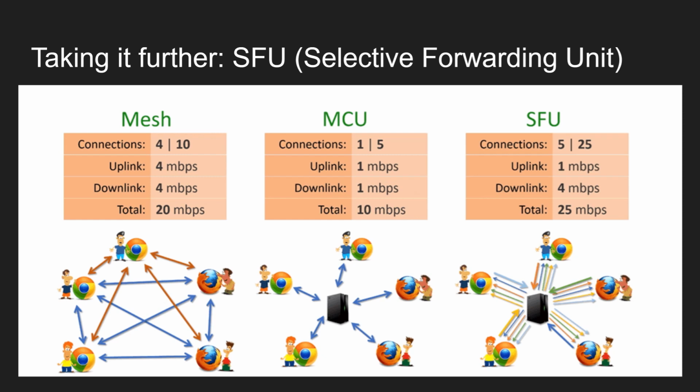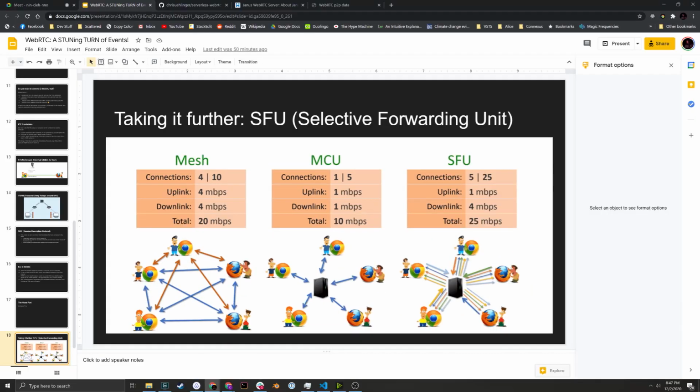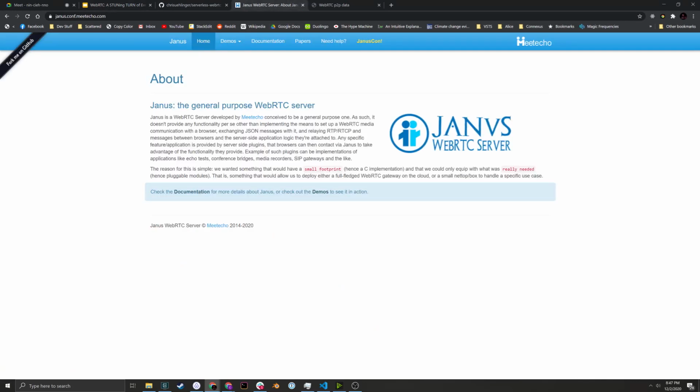So a lot of people will recommend using an SFU, or a selective forwarding unit. MCUs are complicated and I won't get into them right now, but SFUs are a great way to do this. This is how I've done it for all the shows that I've done. The one that I recommend is called Janus. It's free and open source. I think it's AGPL or maybe it's GPL v3. And it is